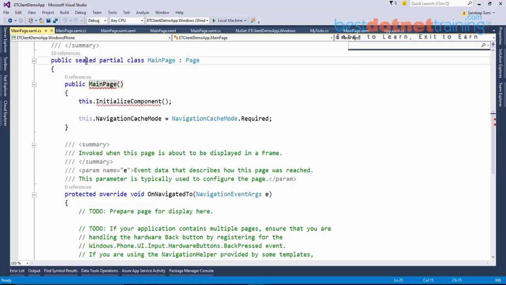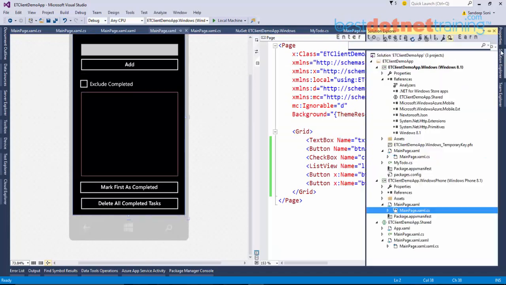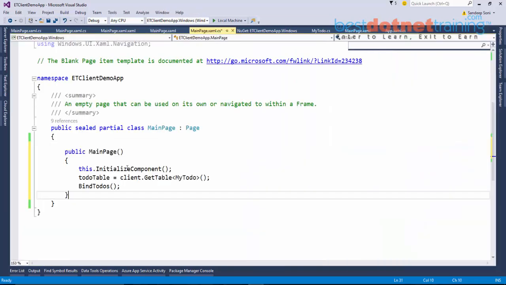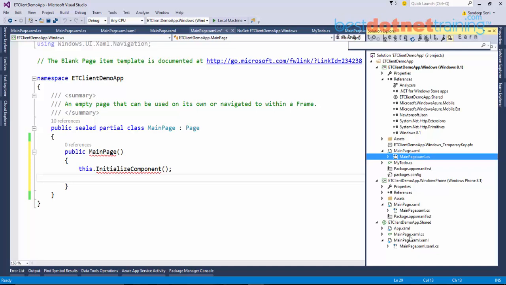Okay, the problem is the constructor is there in the main page here. So what I'll do is here also I have a constructor. So I'll copy this constructor in the respective MainPage classes of both the Windows project and here, let the InitializeComponent be there as it is, and in the shared project MainPage